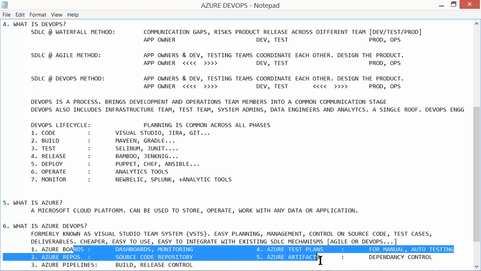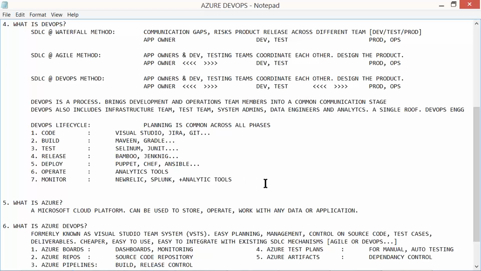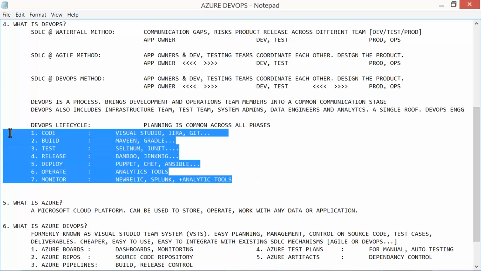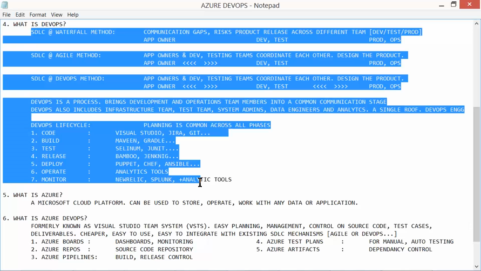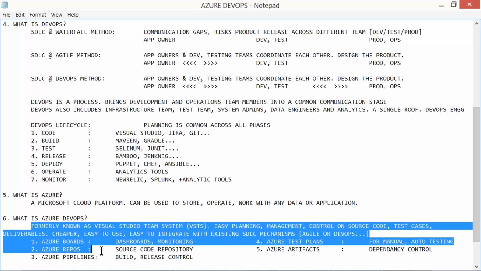In this process, we need to also understand what these tools will do to implement the lifecycle. It's automated. It's something like this. I have an Excel file, I upload to Google Drive, and I directly perform operations on the Excel file in the Google Drive. Means we are getting the MS Office operations automatically. The same thing here. We are going to perform activities in an automation environment called Azure DevOps. Now, with this information, we understood what is DevOps, what is Azure, and what is Azure DevOps.